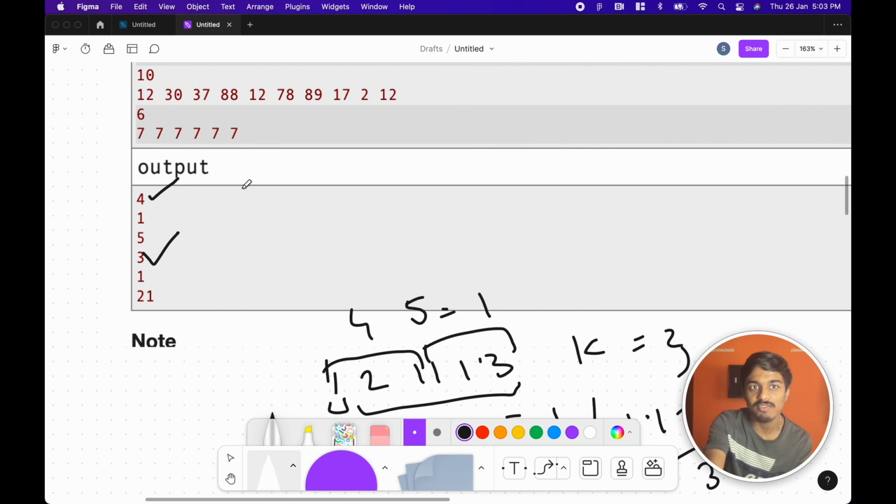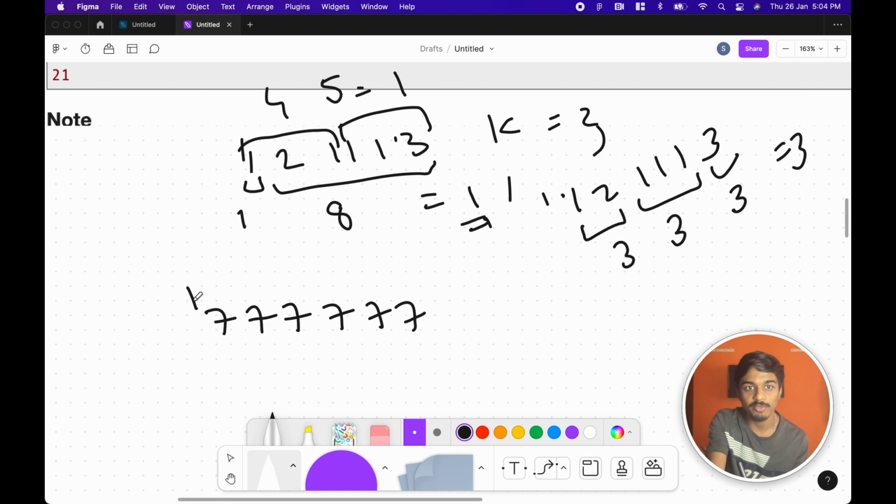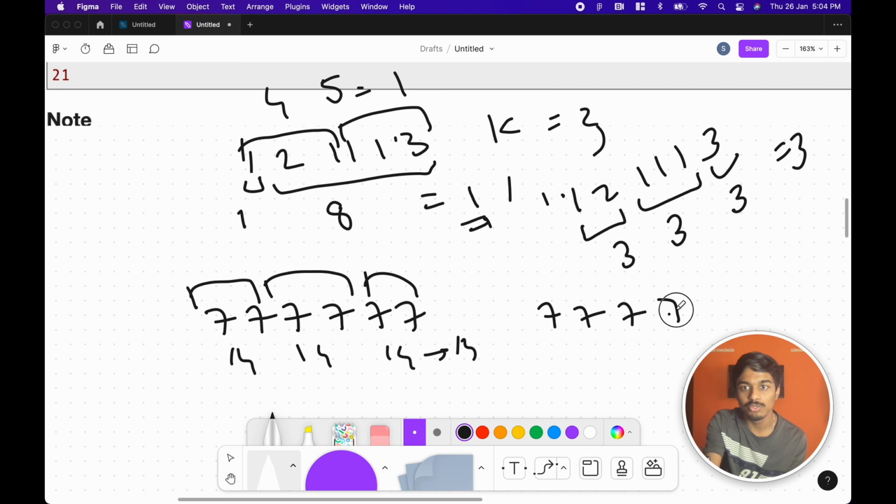And for 7, 7, 7, 7, 7, 7. This is the last example. Let's try that. 7, 7, 7, 7. It can be many methods, right? You can split here, split here, split here. If you do k as 3, you can get 14, 14, 14. The GCD is 14. But the better way, what they are telling is, you just take k value as 2